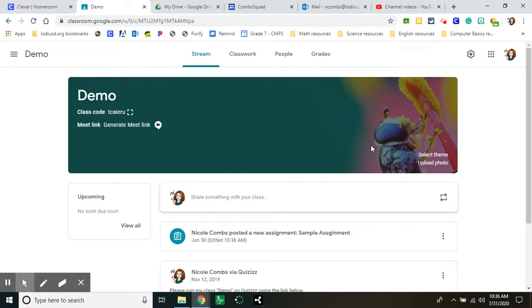One of the first things that I need you to know is everything that you are expected to turn in has to be turned in within the Google Classroom. You can't share it with me within the document. You can't email it to me. I won't accept any of those types of submissions. You have to submit everything within Google Classroom.